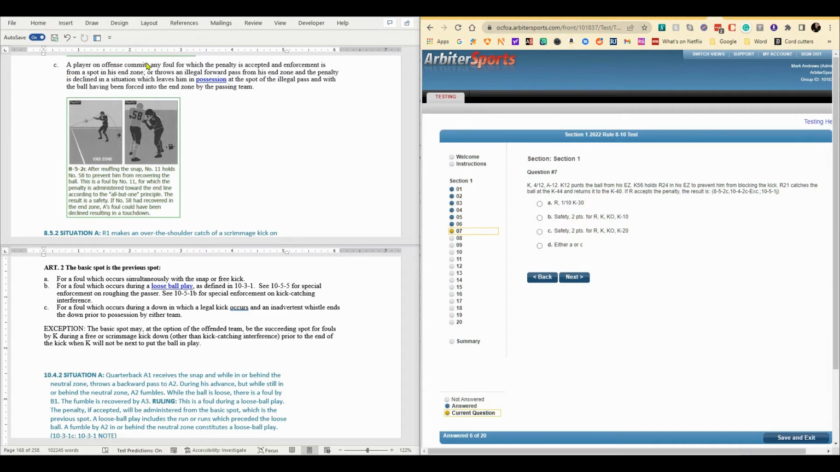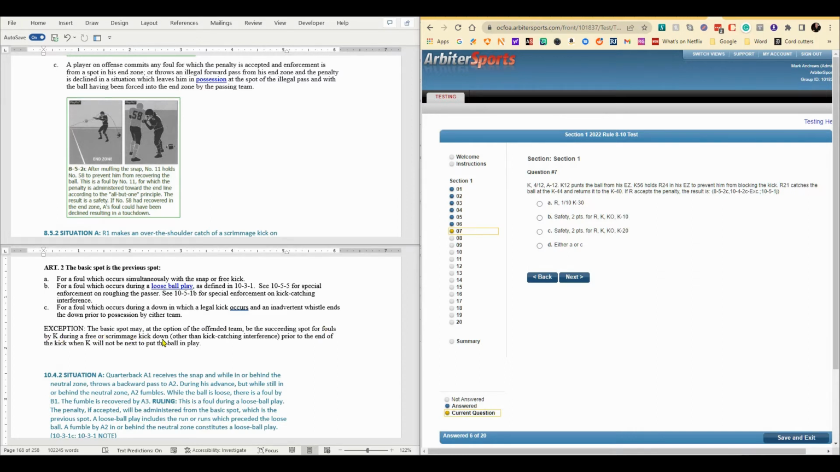A player on offense commits any foul for which the penalty is accepted and enforcement is from a spot in his end zone. So that is a safety. But we have this 8-4-2 exception. And it says the basic spot is the previous spot. And basically during a foul which occurs during a loose ball play, which is what we have here. Exception: the basic spot may, at the option of the offended team, be the succeeding spot for fouls by K